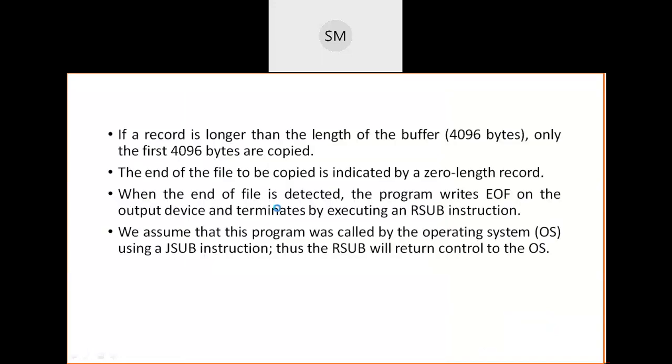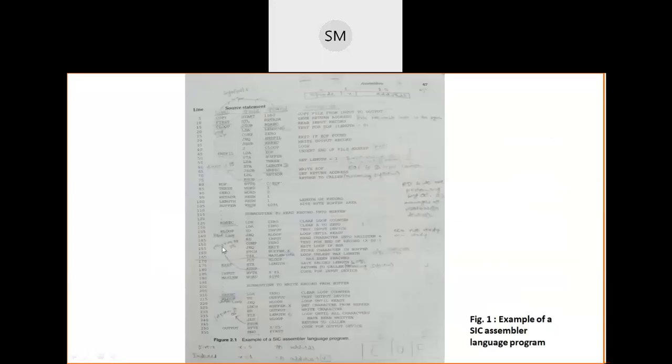Similarly, in the read record subroutine I have defined two things. I have defined the input device. For the input device, I have used the assembler directive BYTE, and the name of that input device is F1, which is the hexadecimal code for the input device.